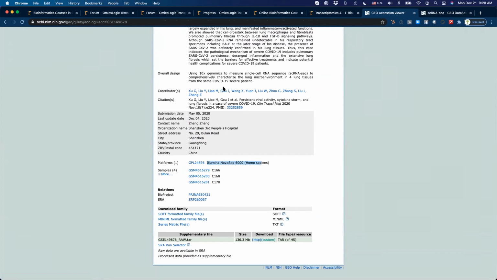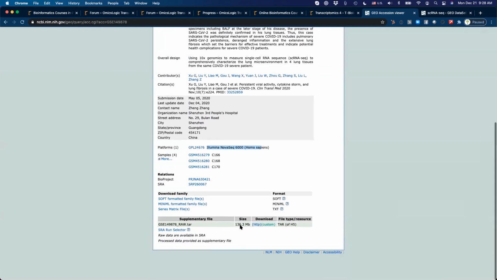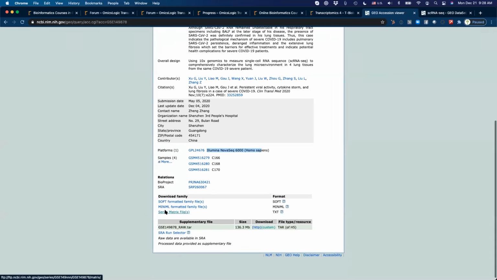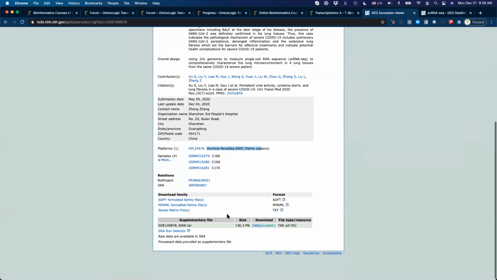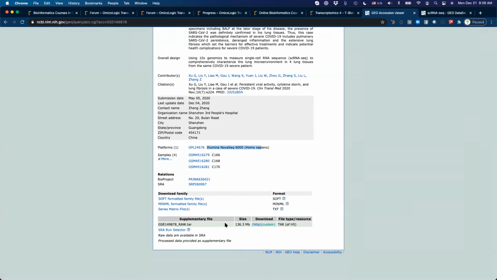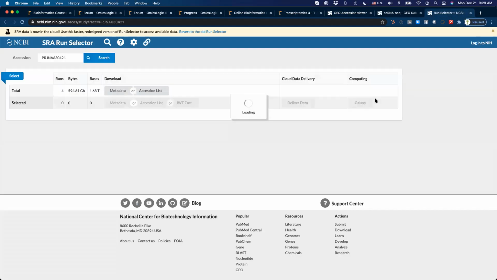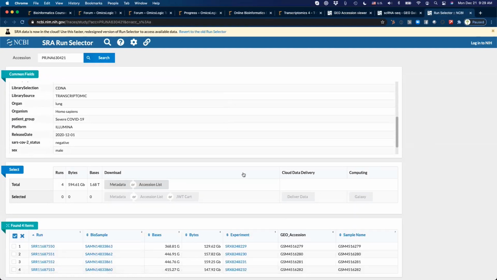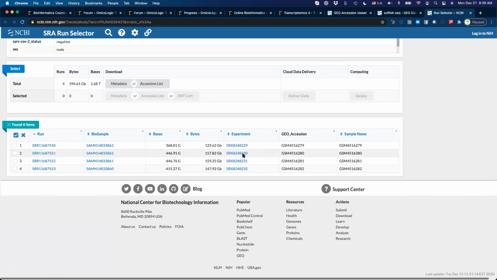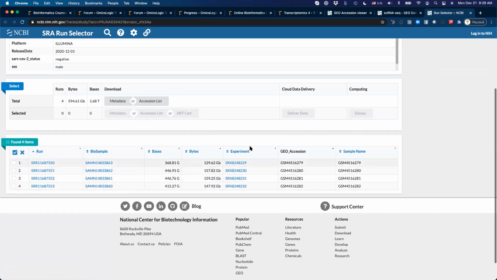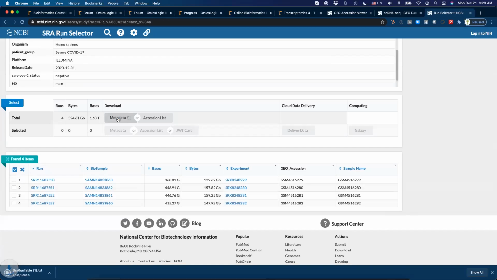And so you will end up having an individual data set here. So if you look at how this data is organized, you can see, here's the full TAR data set. And you can also look at SRA Run Selector to understand what the data look like at the raw SRA option. So if we look at the metadata,